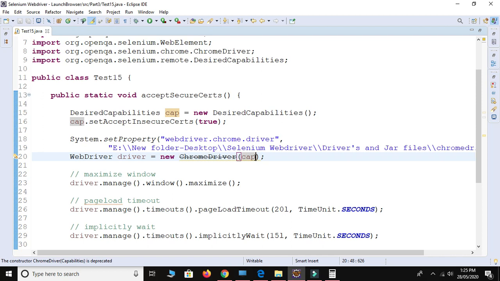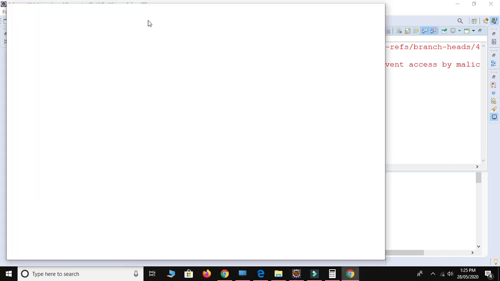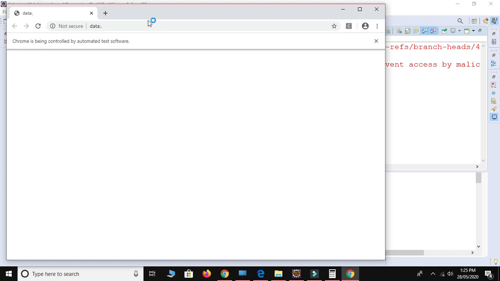So let me run this script now. Now we have provided the solution to handle insecure certificates. So after clicking on this join button, it will launch the URL properly. It will handle this certificate issue.